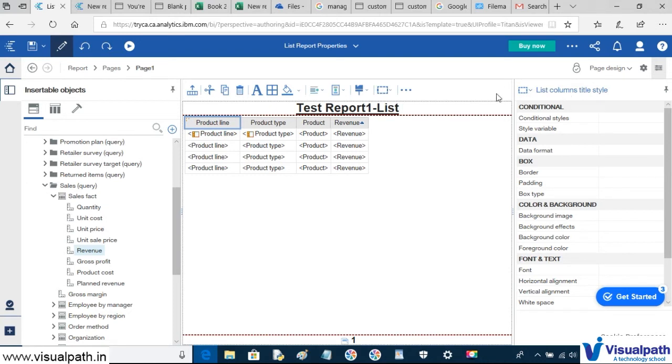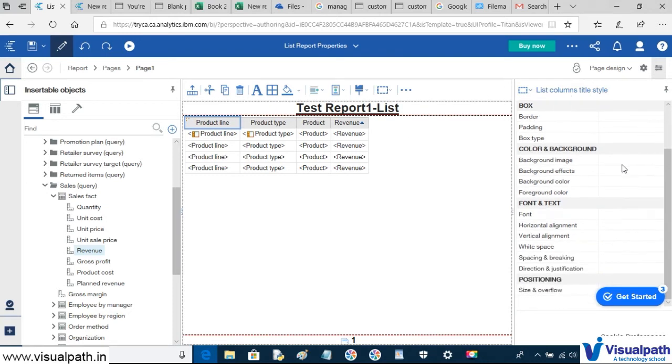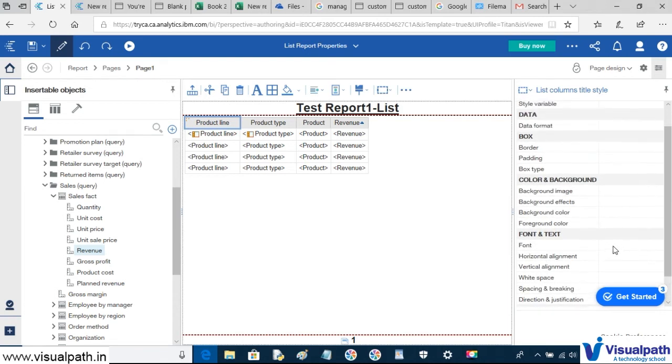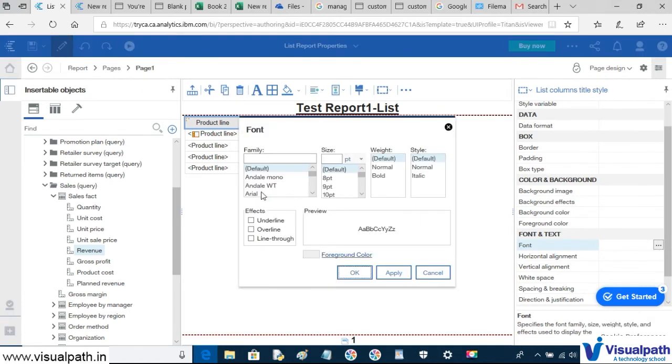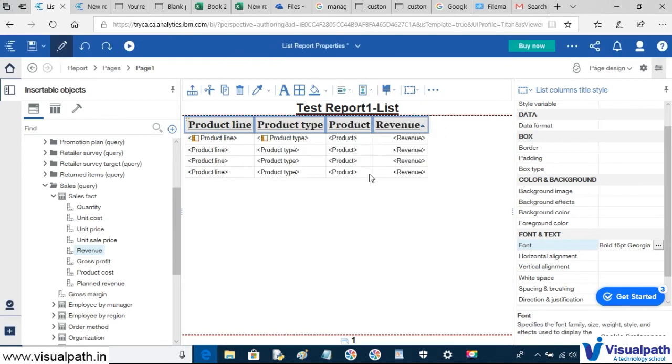Okay, so here you can see we have multiple options. Now we want to make some changes to the font. We want the header in Georgia. We want to increase the font size to 16. We want to make it bold and underline. Click apply. Okay.